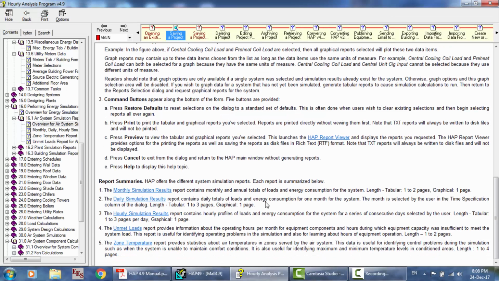So for the monthly simulation results, the report contains monthly and annual totals of load and energy consumption of the system. Okay, and the daily reports contain daily totals of loads and energy consumption for months for the system. The month is selected by the user. Okay, and the hourly simulation report contains the hourly profiles of loads and energy consumption for the system for a series of consecutive days selected by the user. The unmet loads,